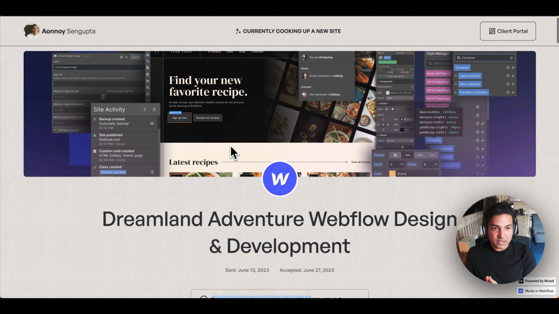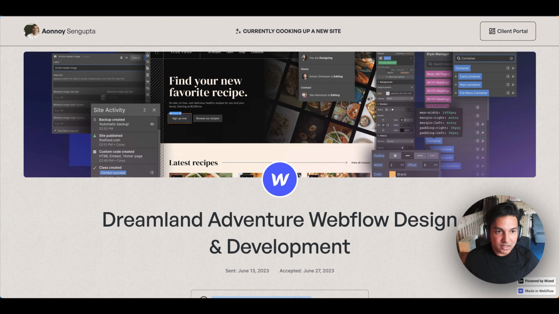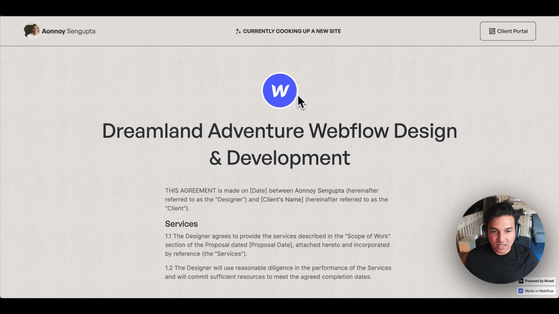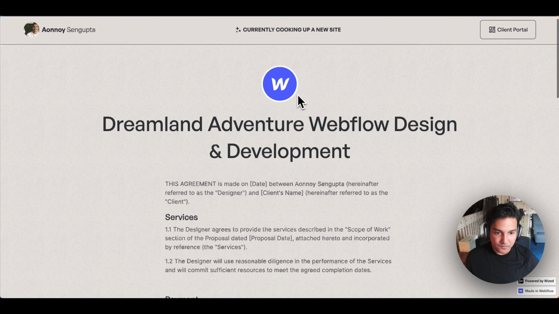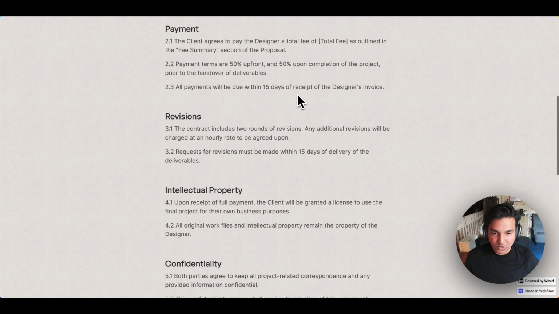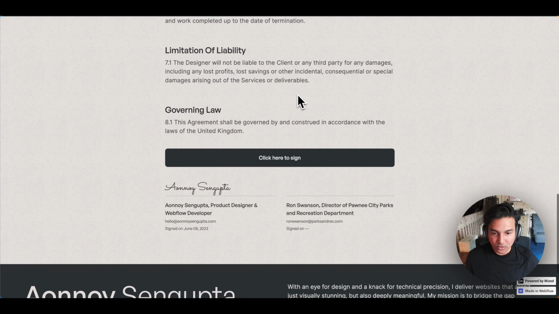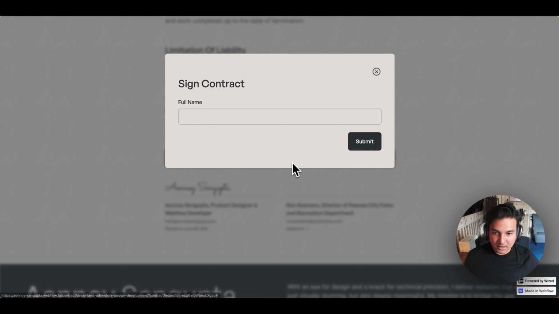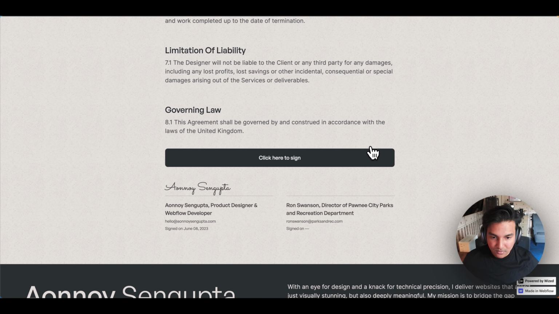Then once the proposal is out of the way, let's move on to the contract. So this is the contract part of it. All right, so you have all your terms and conditions for your contract, and scrolling down here, you have your click here to sign button. So let's say Ron Swanson took a look and is super happy with the contract. And once they hit submit,